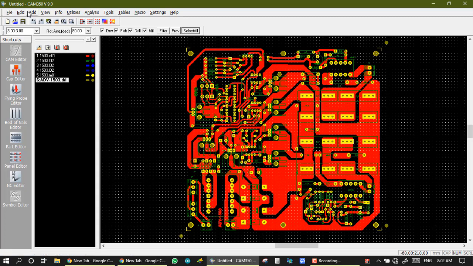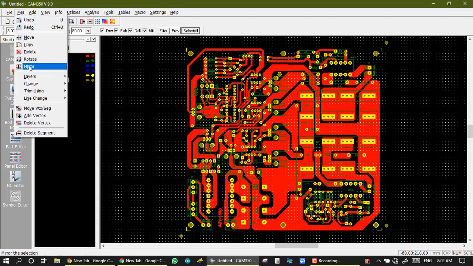After this we have one option, mirror. In mirror we mirror the whole Gerber. For example, on the top side we always have readable text, and on the bottom side we always see mirrored text. Sometimes we need our Gerber mirrored, so we take a mirror of this Gerber.